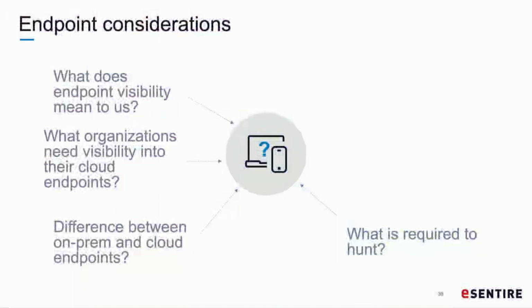What is required to hunt? So how are we supposed to hunt for bad things in the cloud? What we talk about at eCentire is raw telemetry. We like getting everything off of the endpoints, pulling that in, and then being able to do hunts specific for tactics or techniques. Being able to get everything and not dropping anything gives you the ability to go back and look for things that may not have been known before, and gives you the full visibility to hunt for certain types of threat actors within a cloud environment.